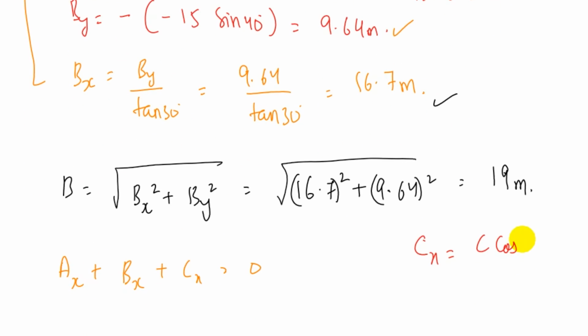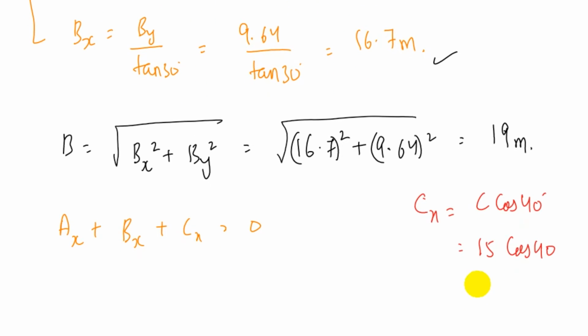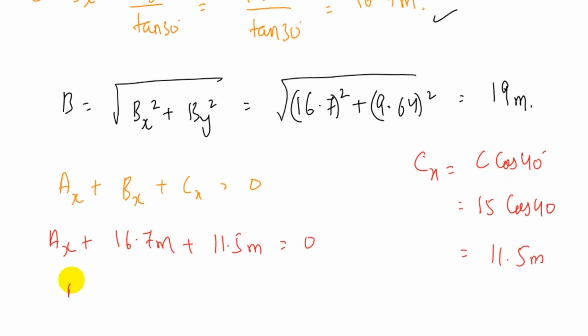So C cosine 40. Now C is 15, so 15 cosine 40, so that would be equal to 11.5 meter. Now we can put it here, Ax as it is, Bx we have 16.7 meter plus Cx is 11.5 meter is equal to 0. Now from here Ax comes out to be